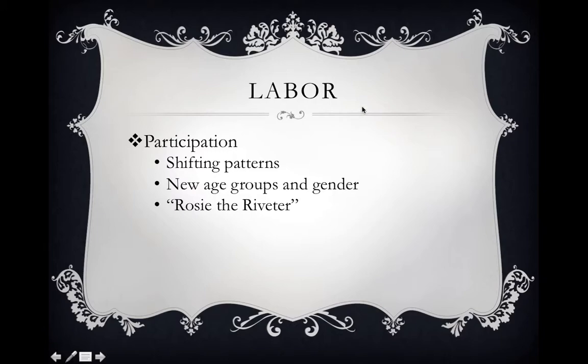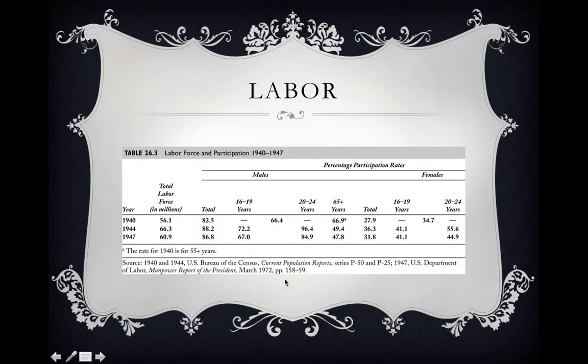So I want you to realize that we had so many males between the ages of 18 and 30 being called up for military service that that portion of the labor force was virtually non-existent. So that labor had to be made up with different groups. So it came from different age groups, younger people getting involved in the labor force, older people getting involved in the labor force, but also females took a much greater role in the labor force, particularly in occupations that were exclusively male prior to World War II.